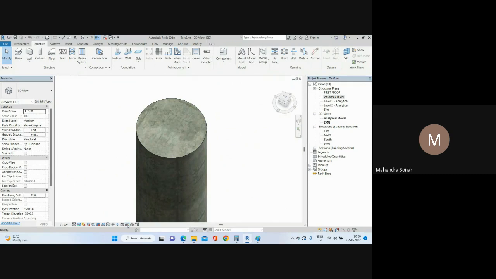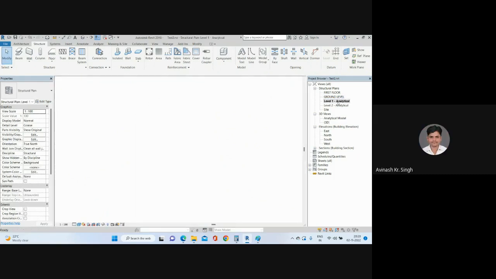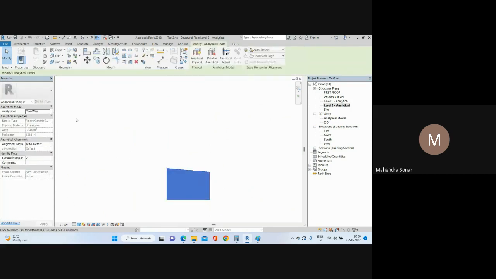यहाँ पे कुछ ऊपर... हाँ ये देखो, ये लेवल देखो, एनालिटिकल मॉडल। लेकिन अभी ये डिजाइन के लिए कैसे यूज करता हूँ वो नहीं मुझे पता, क्योंकि मुझे डिजाइन का ज्यादा नहीं आता। ये देखो यहाँ पे ये एनालिटिकल फ्लोर है। मोस्ट ऑफ टाइम वो उसको स्टैड में एक्सपोर्ट करते हैं।